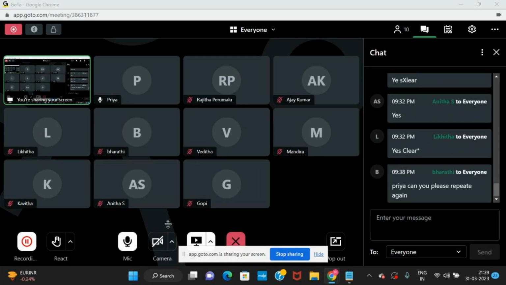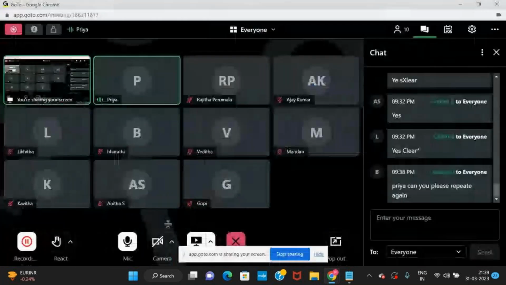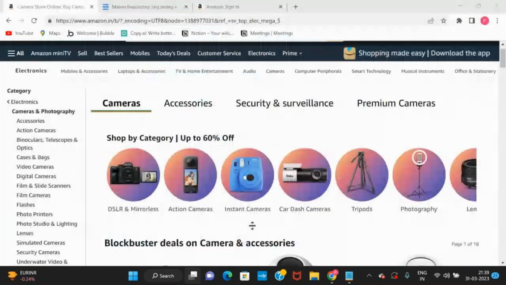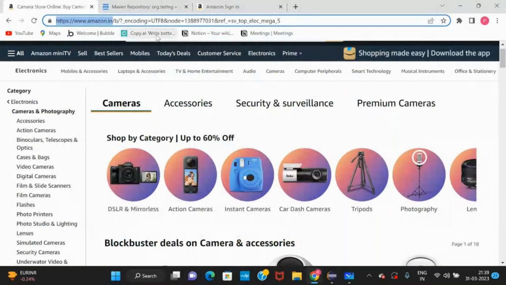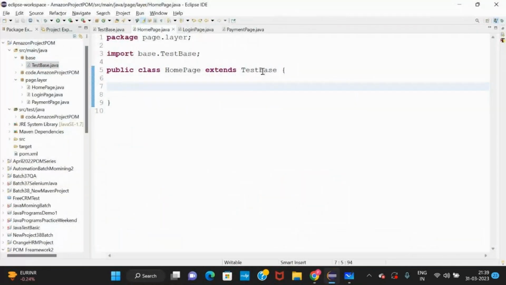Okay, fine, correct. So to derive the methods and variables available in one class into another class, we use inheritance.